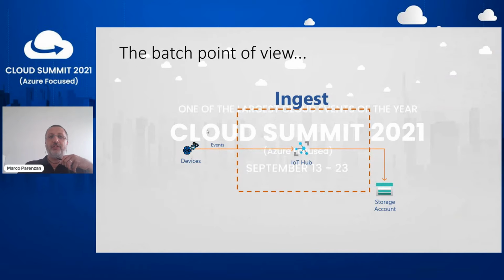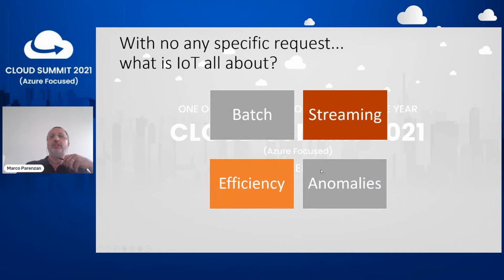So in the IoT field, we have a device, we have a fridge, we have the temperature sensor, and we collect the data, probably with IoT Hub and some sort of IoT ingestion, into a storage for following processing. What do you do with IoT data? Well, first and foremost, there is batch processing.